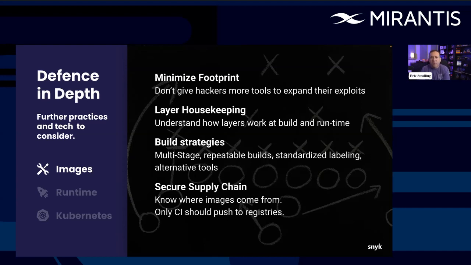And you need to understand how layers work in images. If you're new to images and Docker and everything, understand that it's kind of like a Git repository, and every time you add something in that Dockerfile, you are layering on top of the other things. And if you try to remove, like if I did a run rm curl, that doesn't really get rid of curl. It just hides it from the final image.